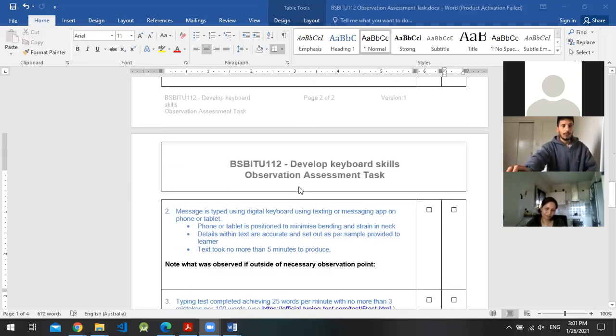Now moving on to the second part. This is where I need you to have your mobile device. Before proceeding to that task, I want you to read the question. Would you be able to read the question? Yes. Have a look through it. I did.